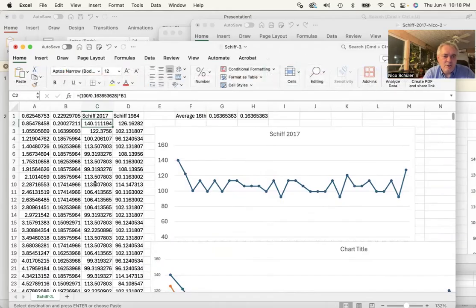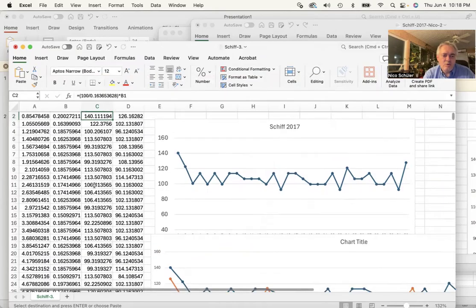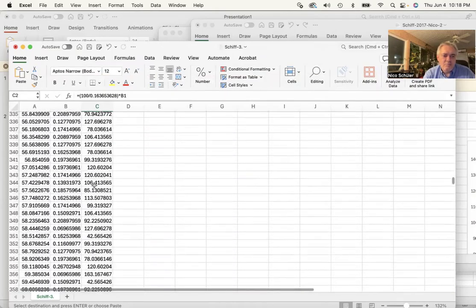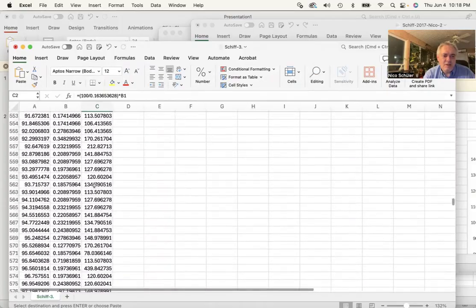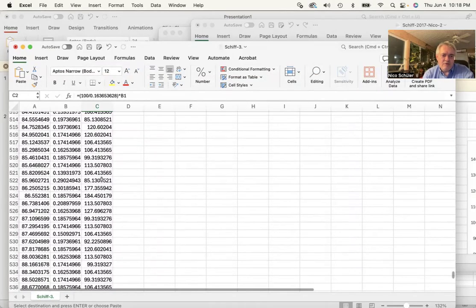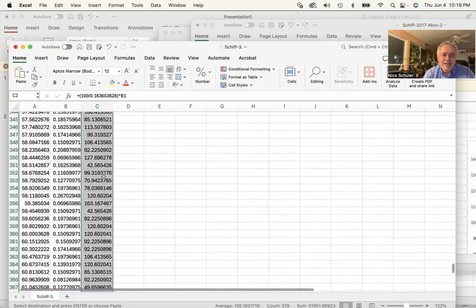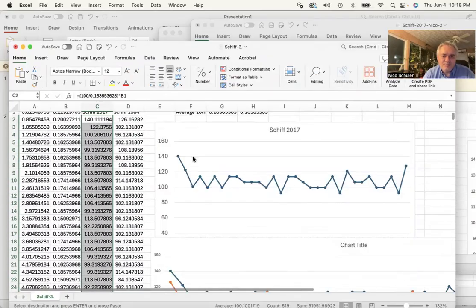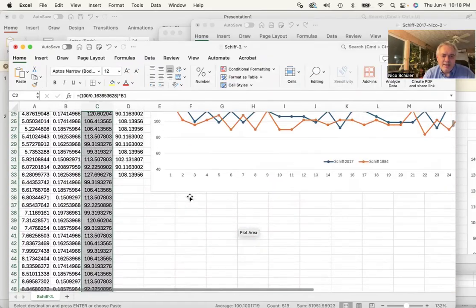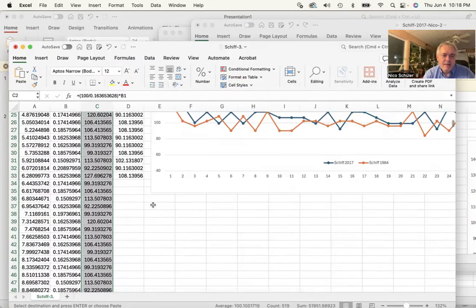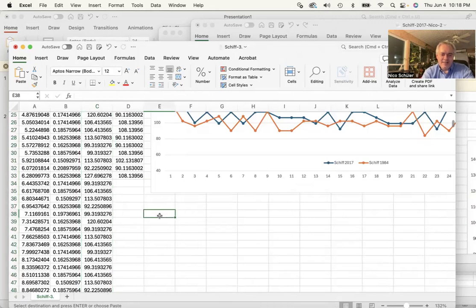So what you do is you highlight what you want to calculate the standard deviation of, let's say to 520. You will have to think through this, but you highlight which values you use. Okay, so let's say standard deviation of Schiff